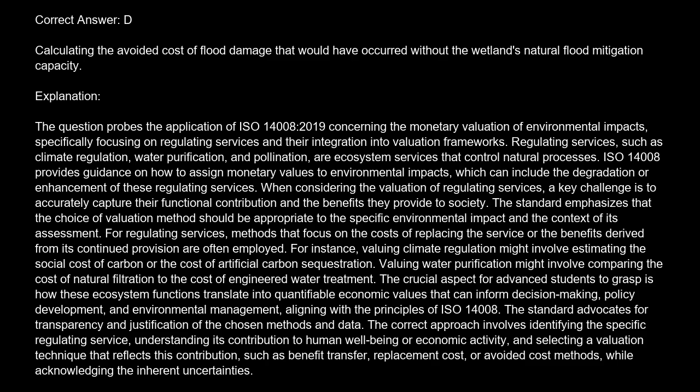The crucial aspect for advanced students to grasp is how these ecosystem functions translate into quantifiable economic values that can inform decision-making, policy development, and environmental management, aligning with the principles of ISO 14008. The standard advocates for transparency and justification of the chosen methods and data. The correct approach involves identifying the specific regulating service, understanding its contribution to human well-being or economic activity, and selecting a valuation technique that reflects this contribution, such as benefit transfer, replacement cost, or avoided cost methods, while acknowledging the